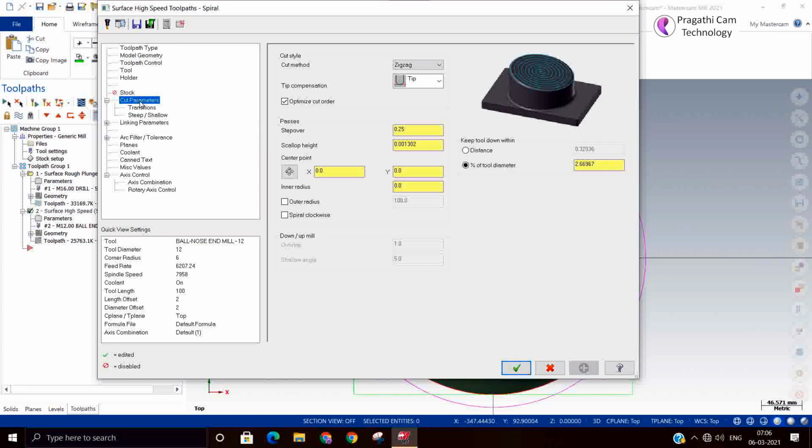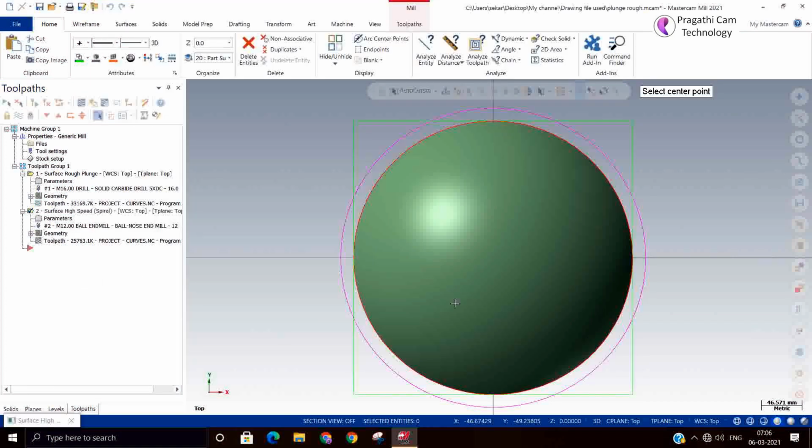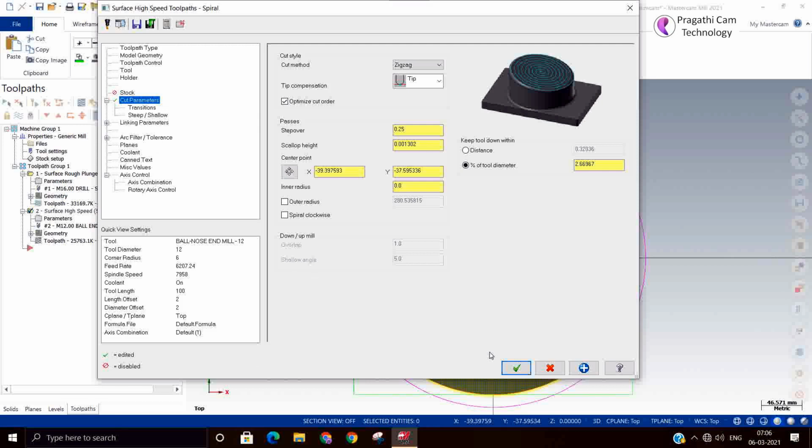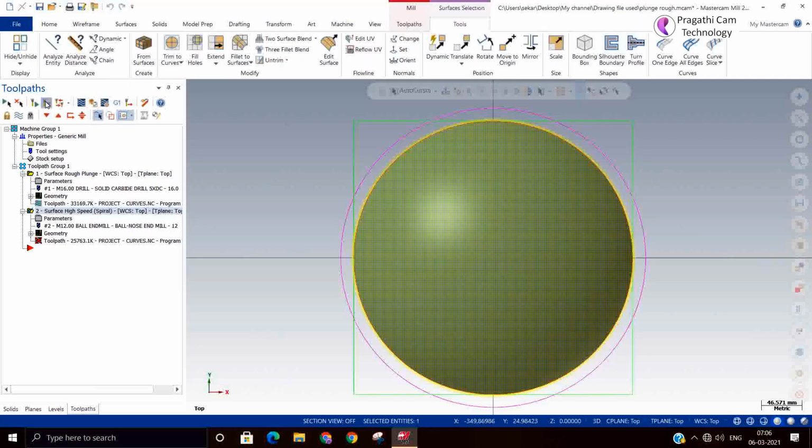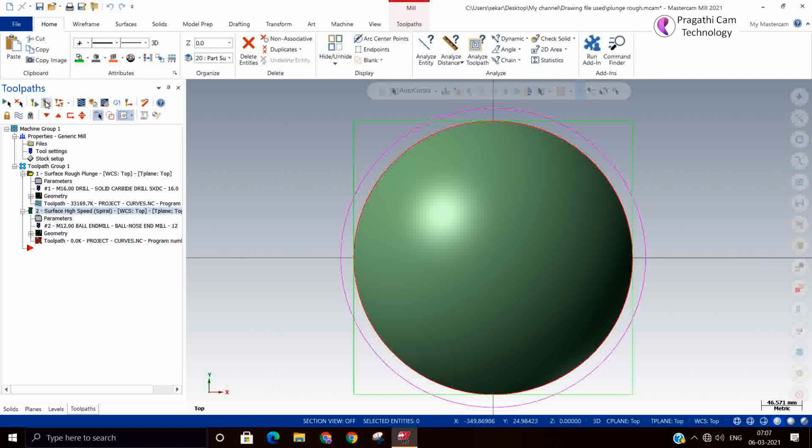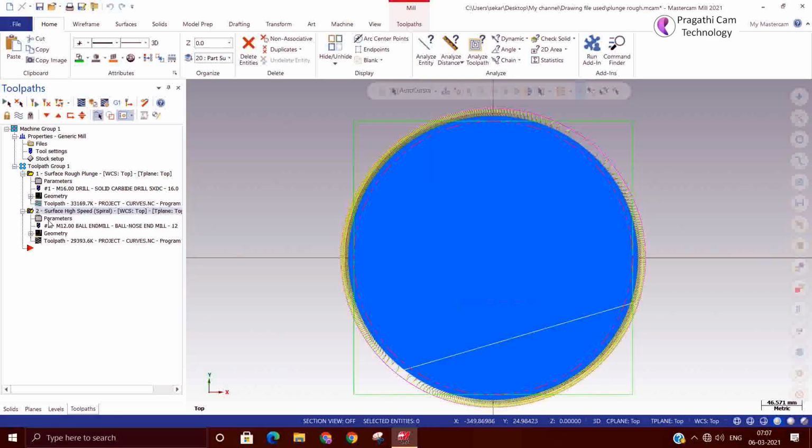So I just slightly offset the center point. It makes a small change in the toolpath. Let us see how it looks. Oh, it's not visible because we are machining the complete thing.